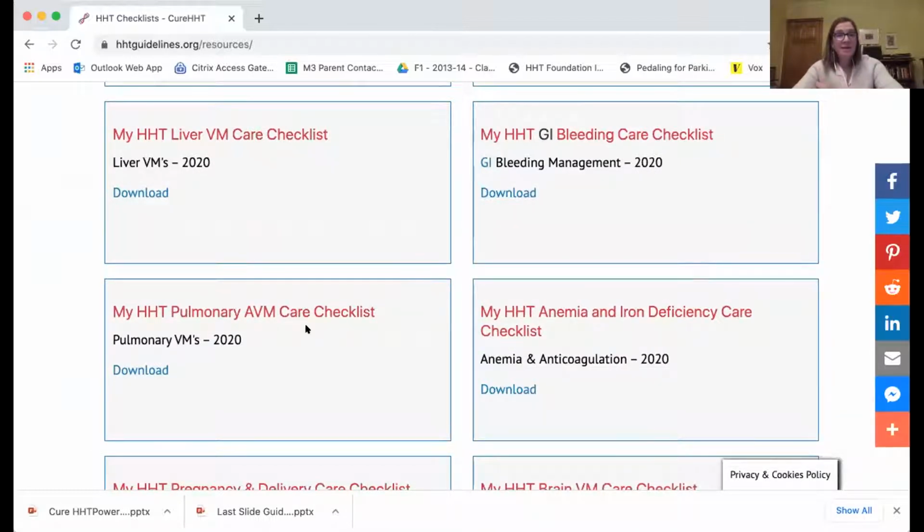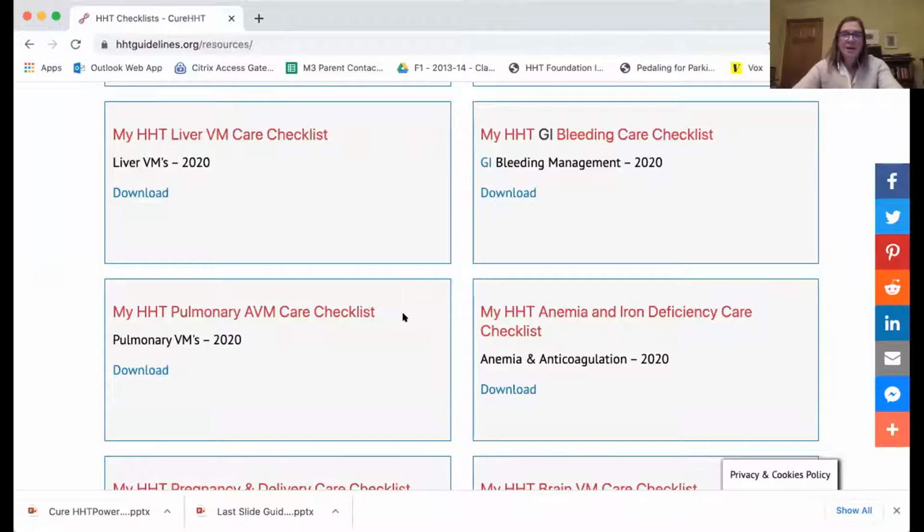We made a current checklist for lung AVMs, even though they were not readdressed in the current guidelines, they're still published from the 2009 version. And they're still, of course, very much part of what we think is important in HHT care.